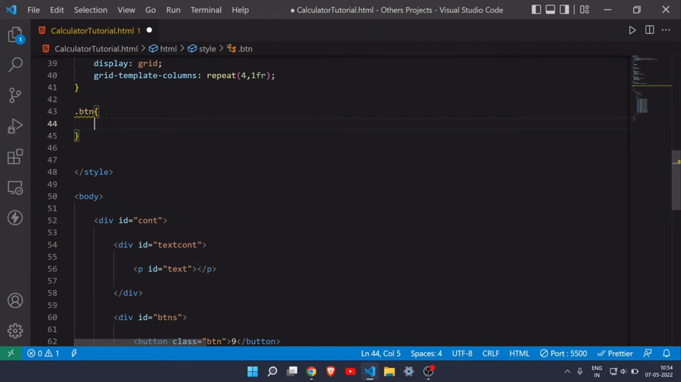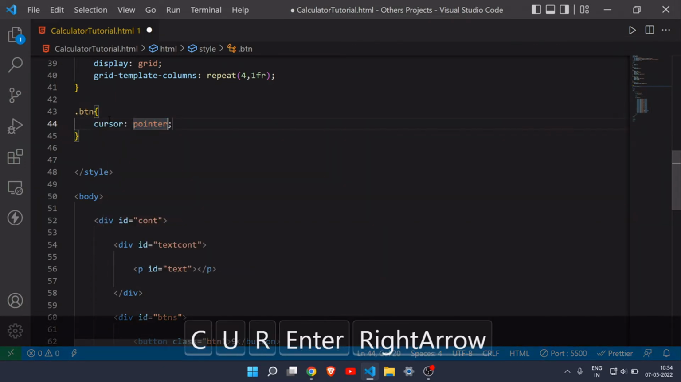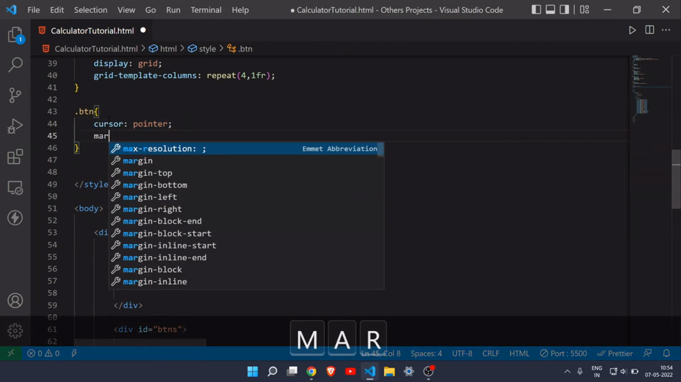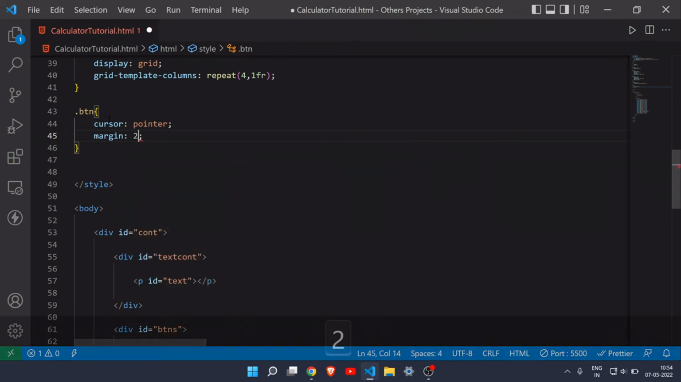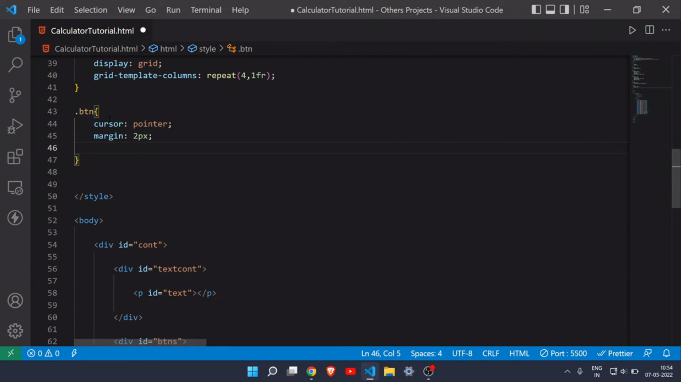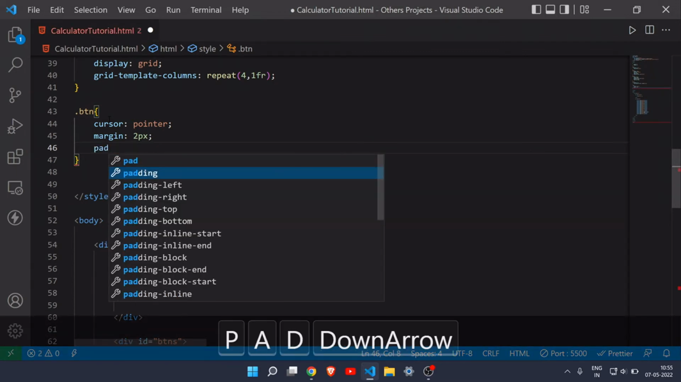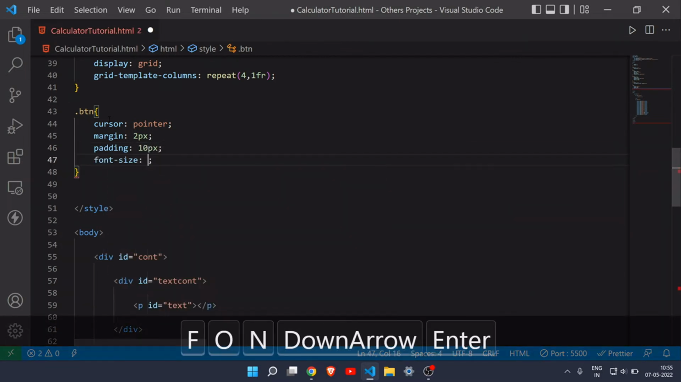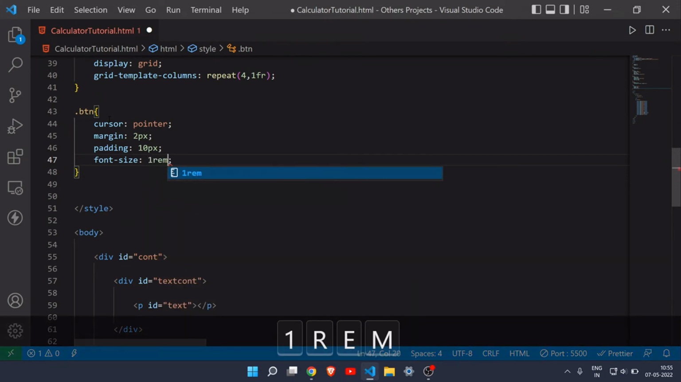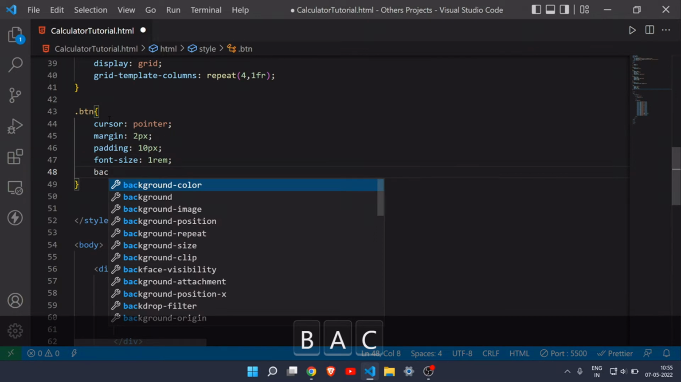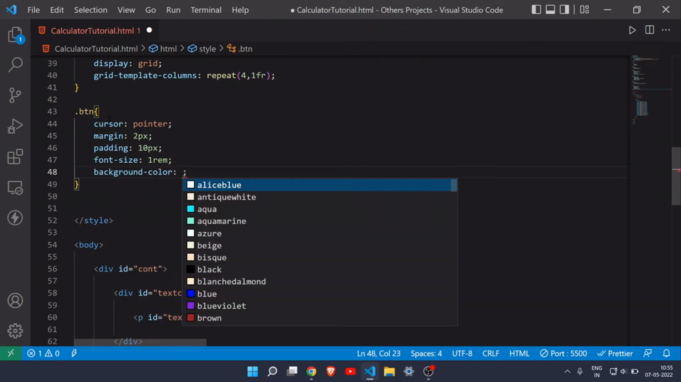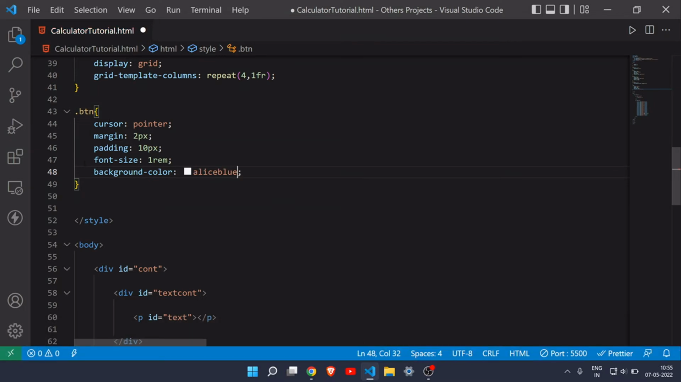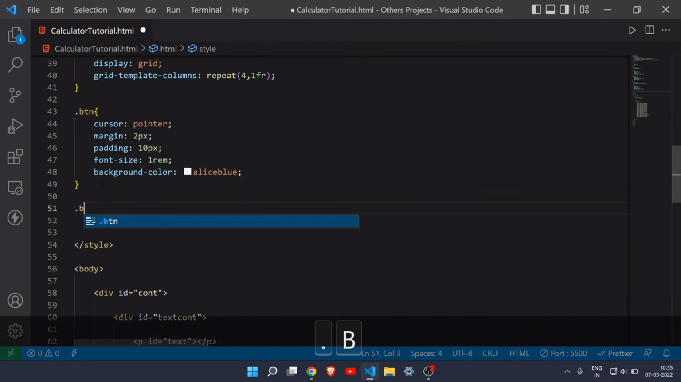Now what I will do, first of all, the cursor pointer. Then let's say margin of 2 pixel, to make a gap between them, and also some padding, let's say 10 pixel. This will be great. And also I want to increase the font size, let's say 1 rem will be fine. And then a background color. And now also I want a hover effect, so for that I will target btn dot hover,